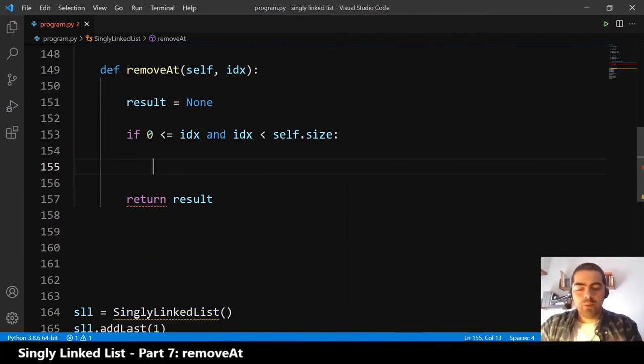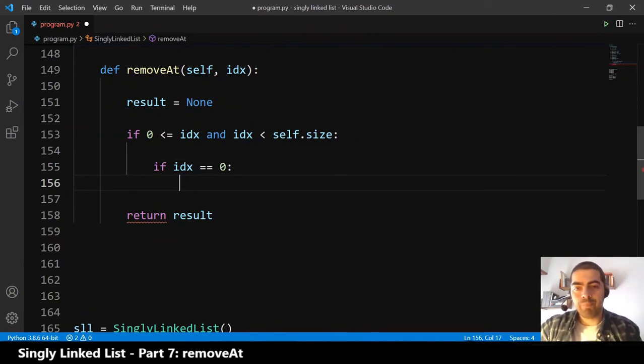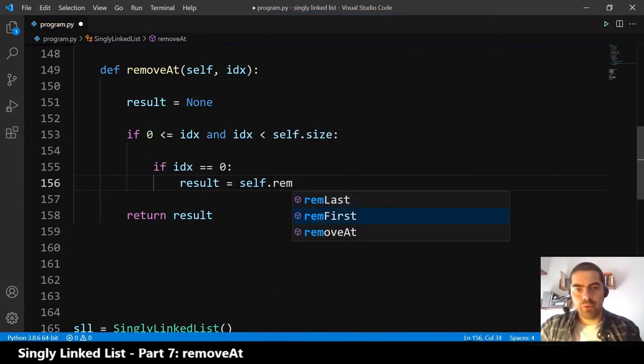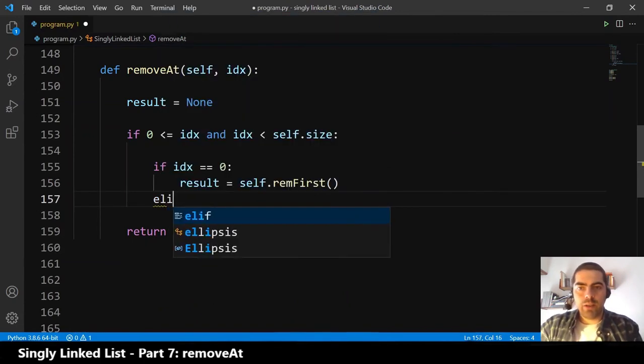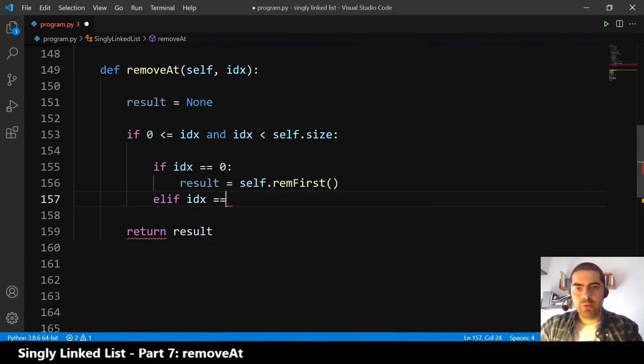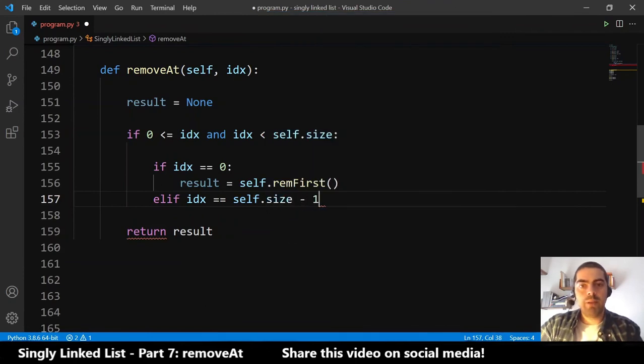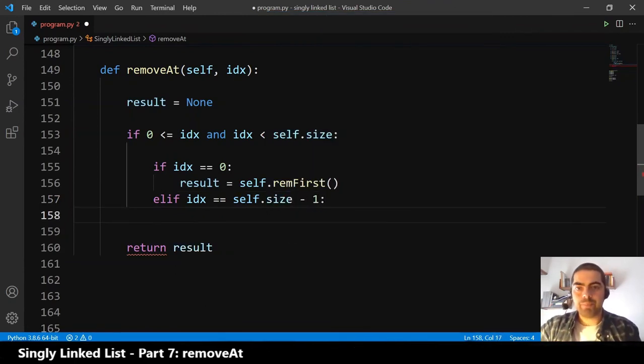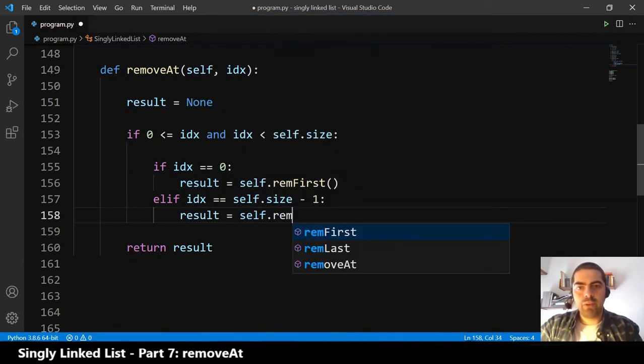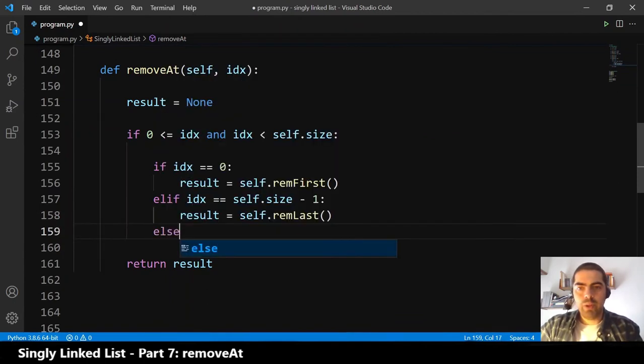Now, like we did in the insertAt, we can take advantage of the fact that if the index is 0, the result is equals to self.removeFirst. And else if the index is equals to self.size minus 1, the last position, the result will be equals to self.removeLast. And then we have the other scenarios